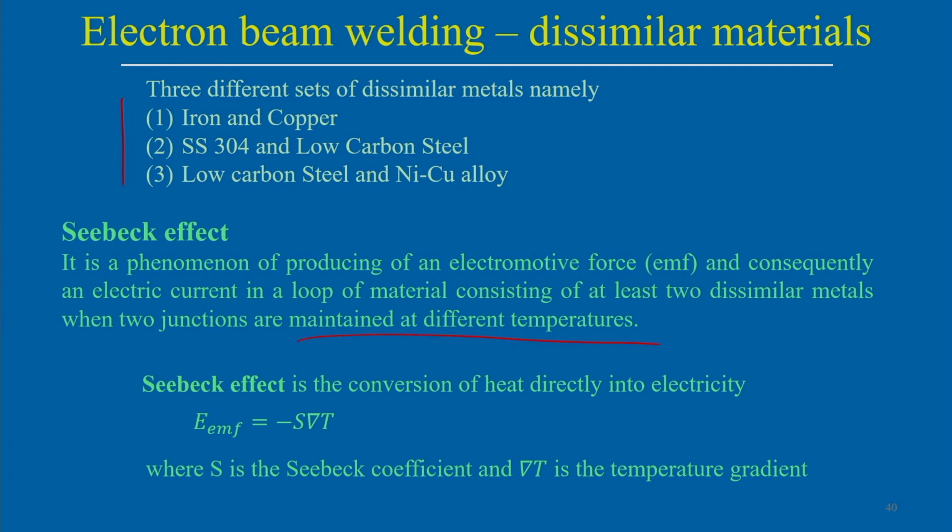So, let us see how we represent this mathematically. The Seebeck effect is the conversion of heat directly into electricity. So, some electromotive force will be generated because of the passage of the electric current. Then E = S ΔT, where ΔT is the temperature difference, S is the Seebeck coefficient, and Δ is the temperature gradient. So, basically the electromotive force generated depends on the Seebeck coefficient and the temperature gradient that exists, and that electromotive force will try to deflect the electron beam during this process.